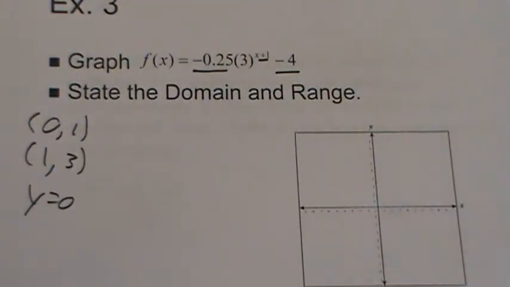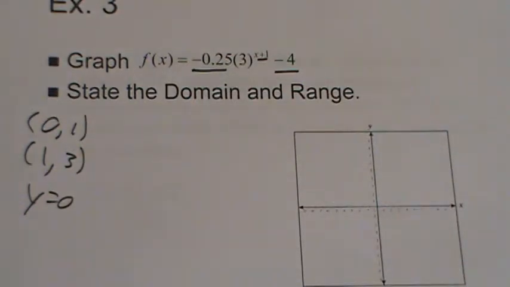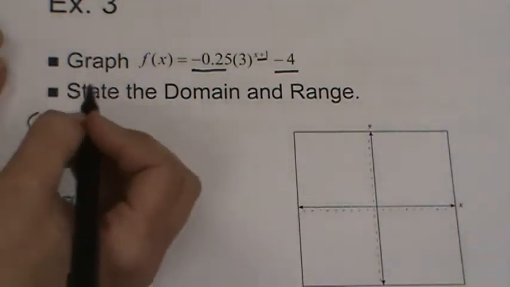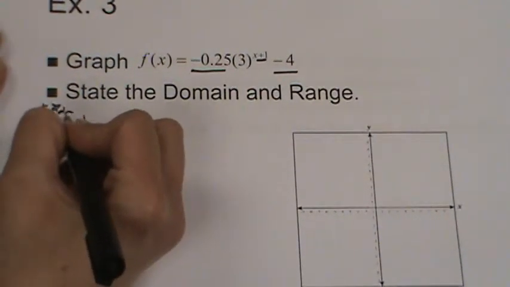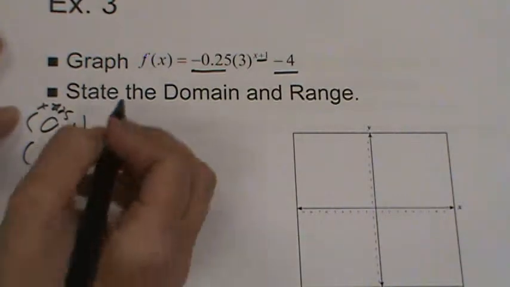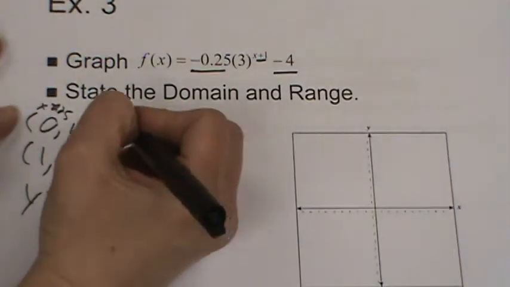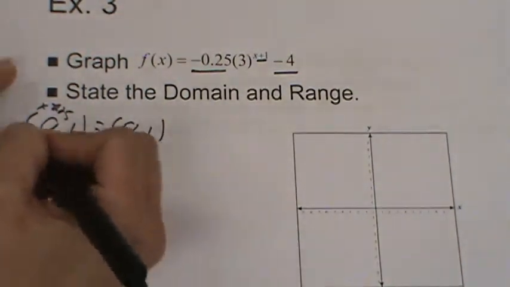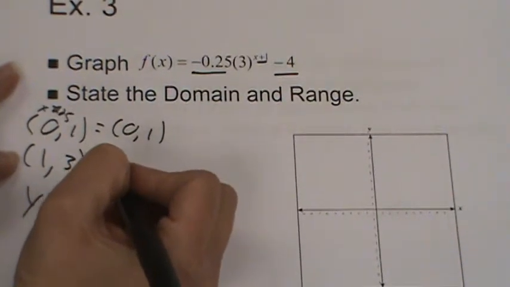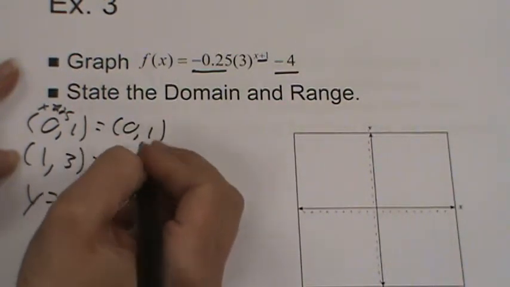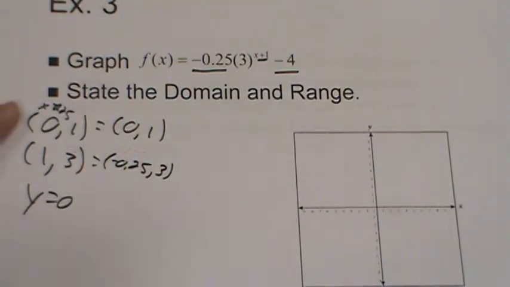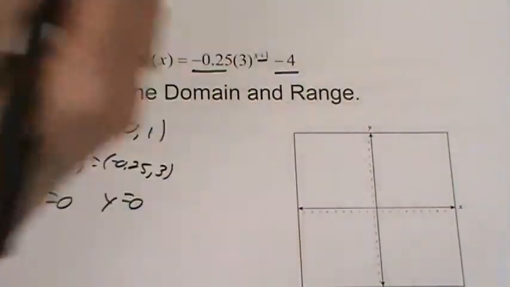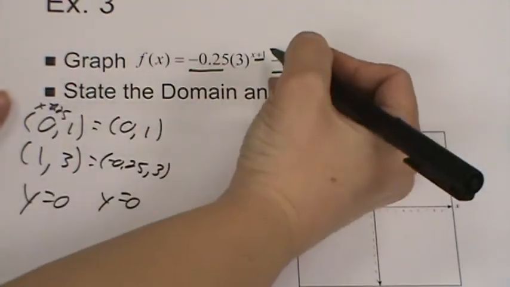Remember, deal with whatever's multiplying first, and it always, always, always multiplies to the x term. So we're going to go ahead and multiply each of these by the 0.25, all these x values. So the first one stays as 0, 1. The next one turns into negative 0.25, 3. And then y equals 0. So up in the exponent, remember that